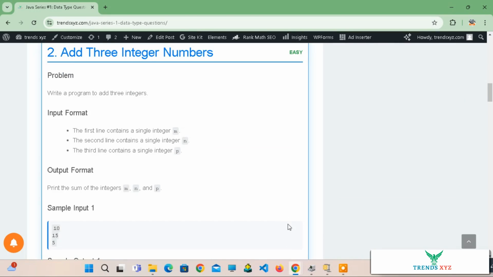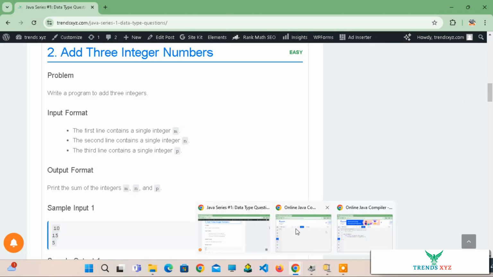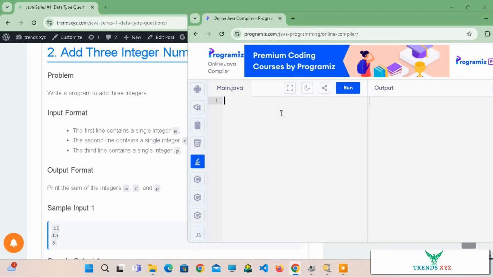So let's open the Java compiler and now start typing. The class name should be three integer number. You can give camel case or snake case as you like. Now after that you create a method here, that is public static void main string